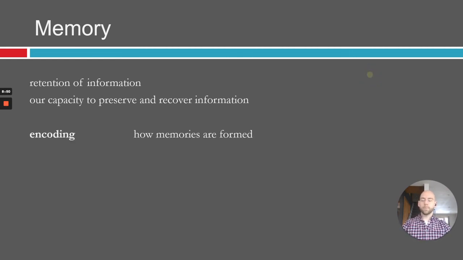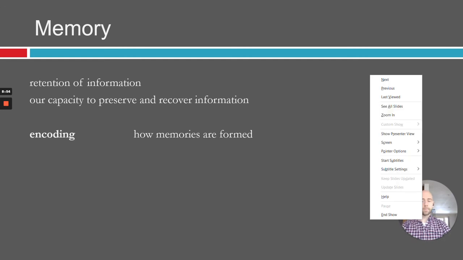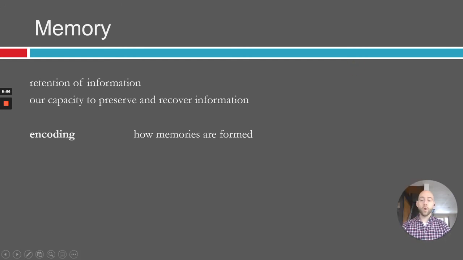And there are important separate processes that contribute to memory. So first of which, encoding, is how memories are formed. So if we stick with the eyewitness identification piece of it, let's say you are the victim of a crime and you are seeing the person that perpetrated that crime against you, maybe an assault or a mugging or something.